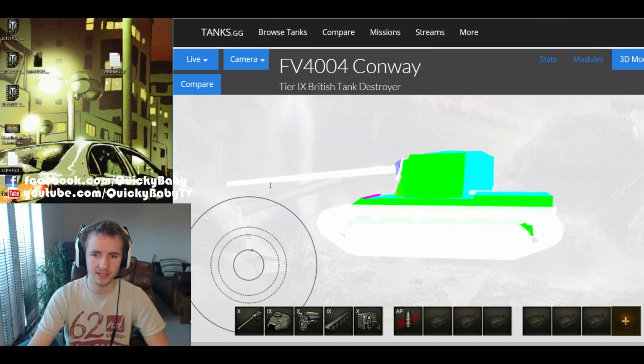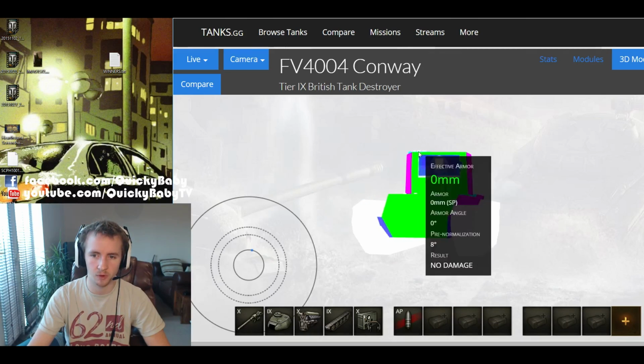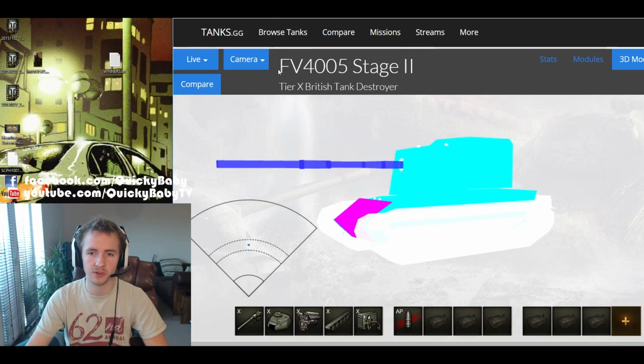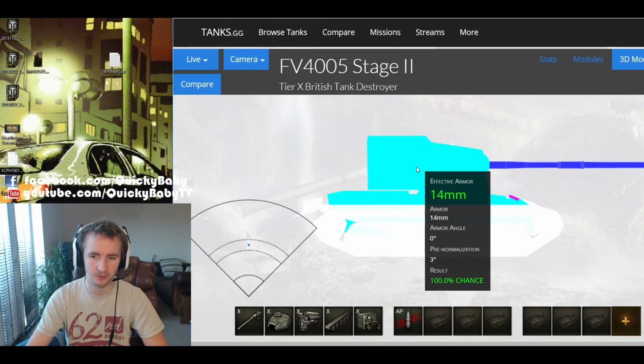One thing that's also quite nice about where the gun is situated is that it's at the top of the turret, and so that means that there isn't actually very much area at the top for your opponents to shoot without you being able to shoot them. Which, as we can see here, is a very frustrating aspect about the Tier 10 British tank destroyer, the FV4005. Your opponents can just shoot the top of it, and it's bad enough that this fat turret only has 14